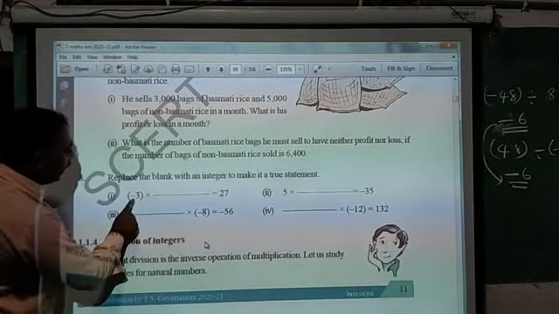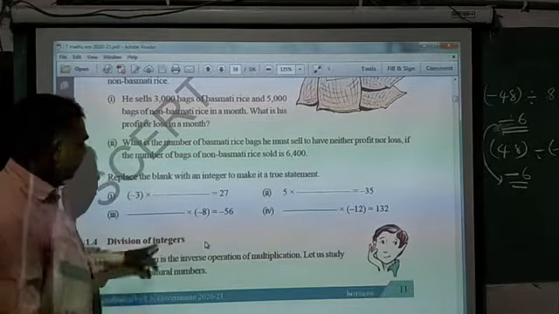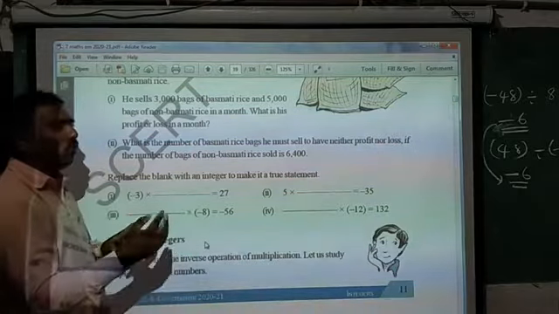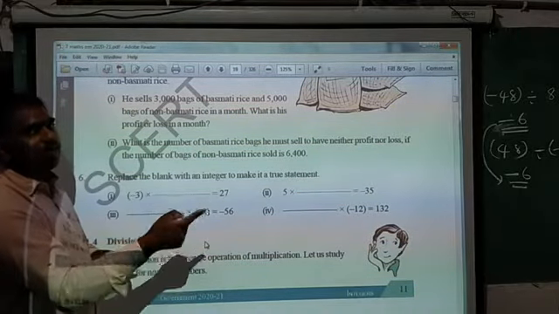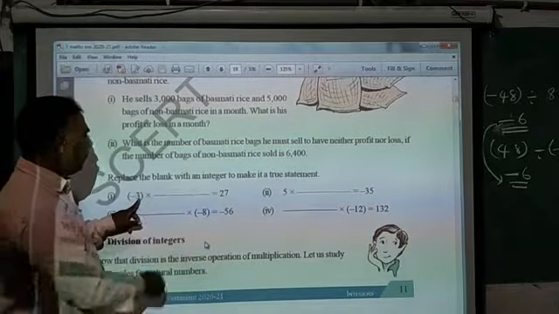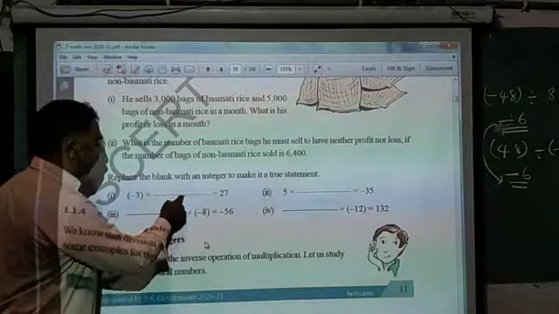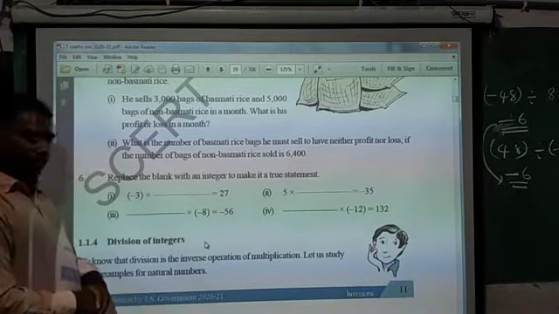You see, here negative is there, minus is there. The answer I want is plus. You know minus is there, plus I want. How do you get it? Minus and minus only will become plus. That's why what will you keep here? Minus. Here the number is 3, there I want 27. Means what will you do? 3 minus 27. That's why what will you write? 9. Simple.